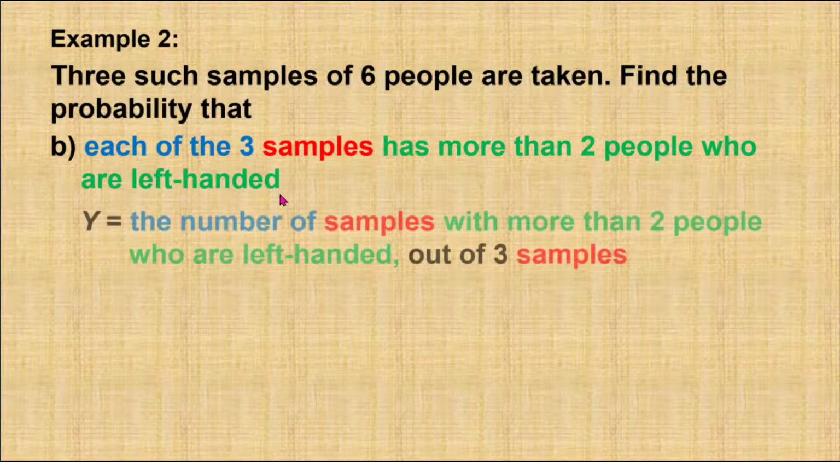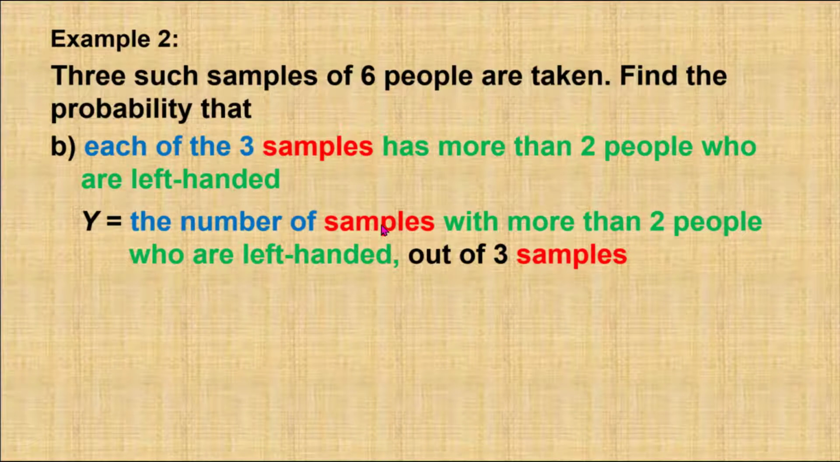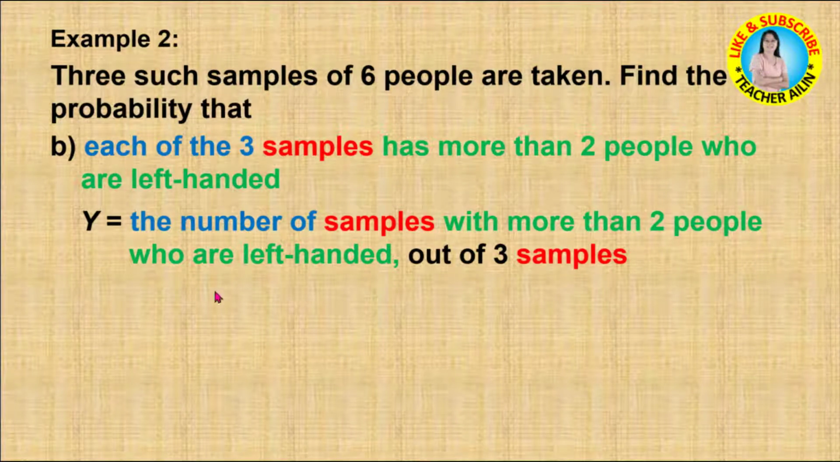Say, we use letter Y. And each of the 3 samples means the number of samples. Then, what kind of samples are considered as success? That is, the sample consists of more than 2 people who are left-handed are considered as success. And this number of samples come from the 3 samples taken. So, Y is defined as the number of samples with more than 2 people who are left-handed out of 3